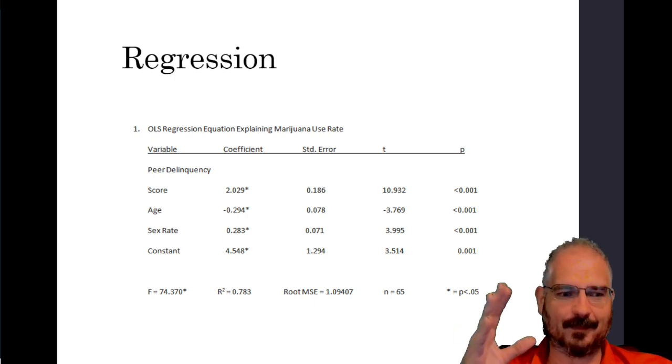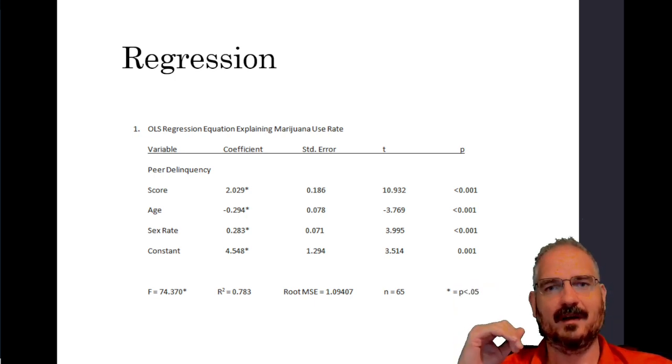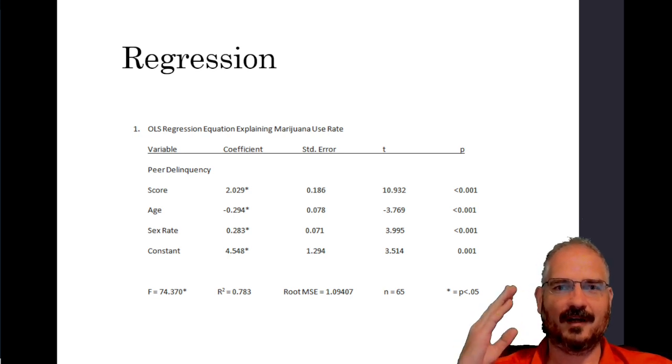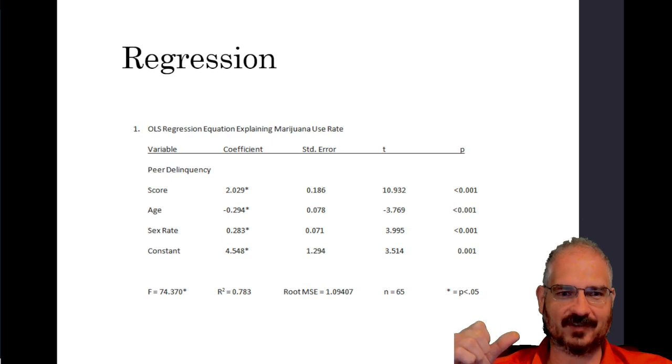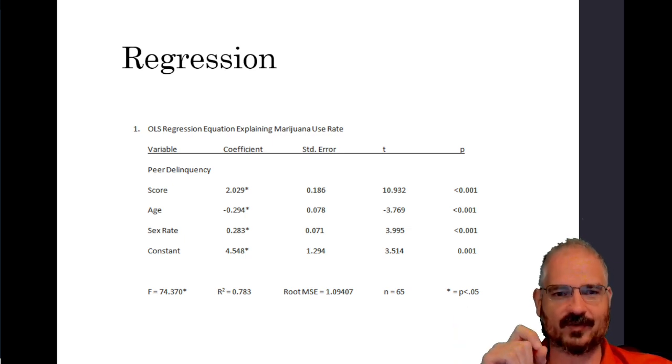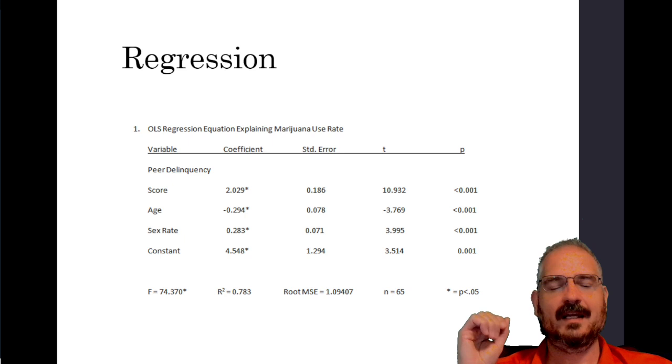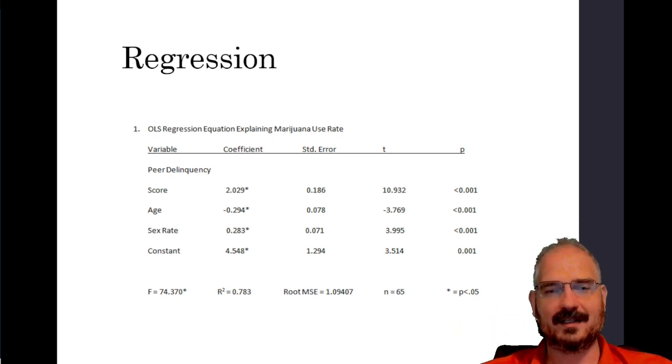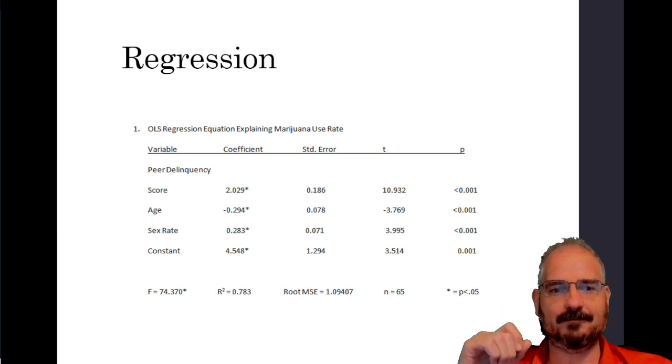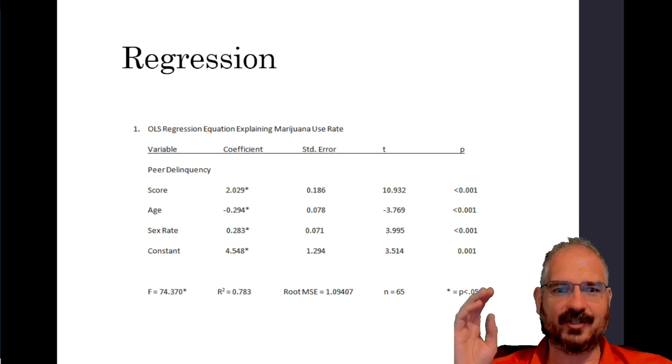And this table I copy and pasted directly from one of my grad school homework exercises. Okay, so it's an OLS, ordinary least squares, regression equation, explaining the marijuana use rate using real-world data from some public survey. And as you can see on this